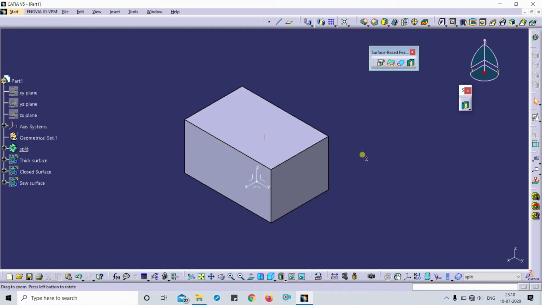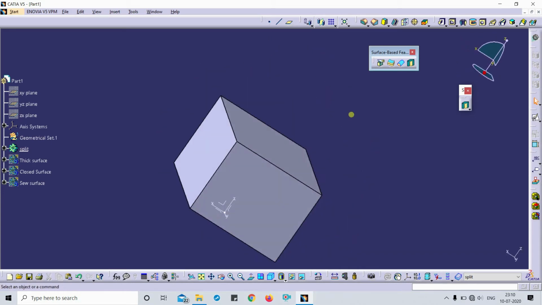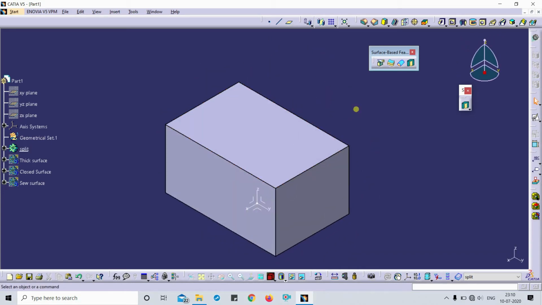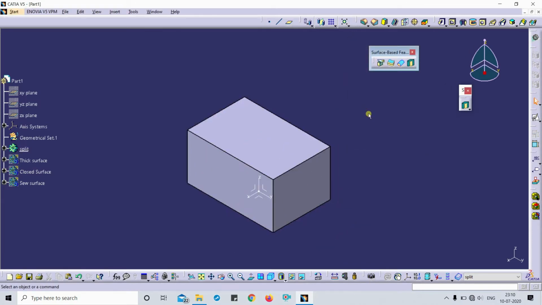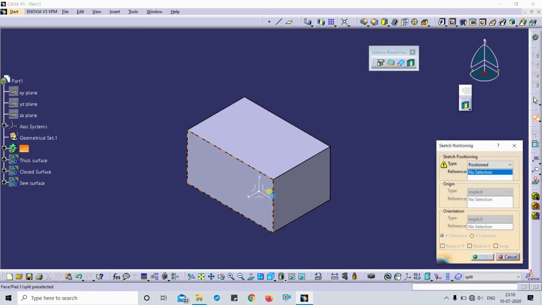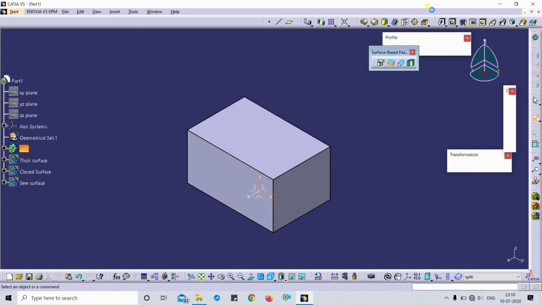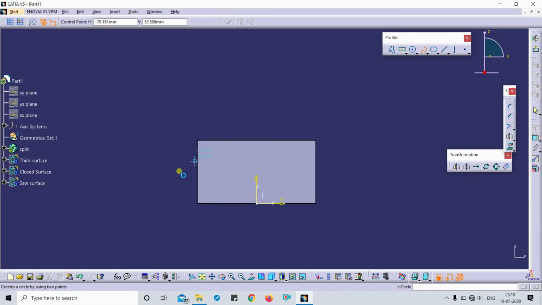First of all, I have drawn the sketch and added the material by using the pad command. After that, I will draw a simple sketch. For example, I will draw the spline.